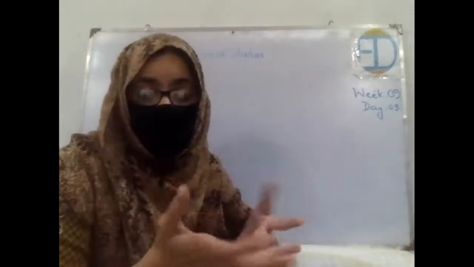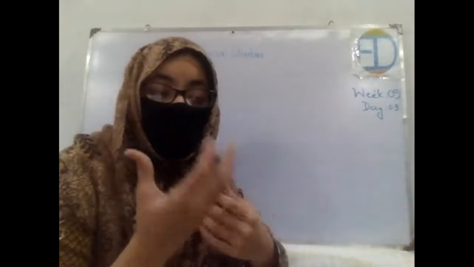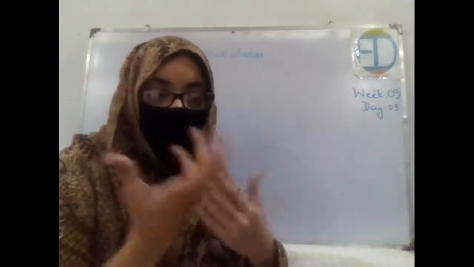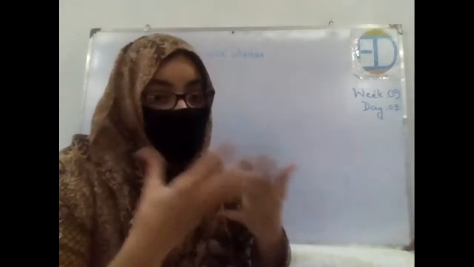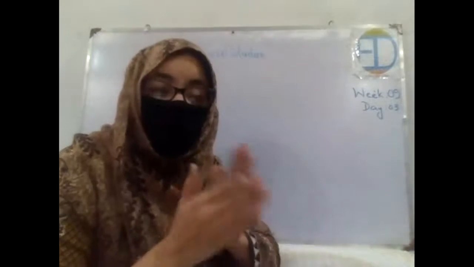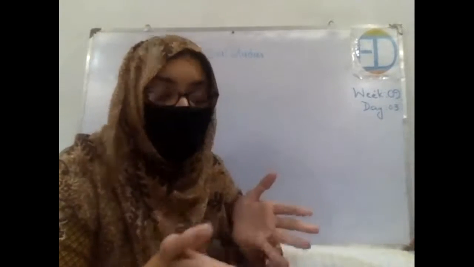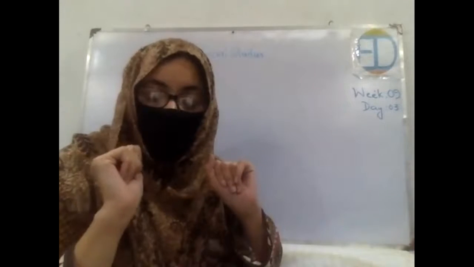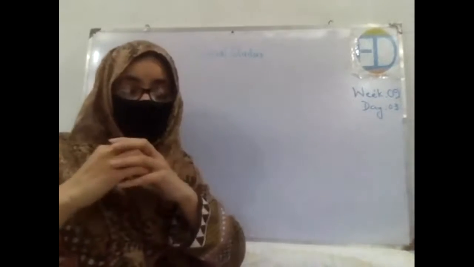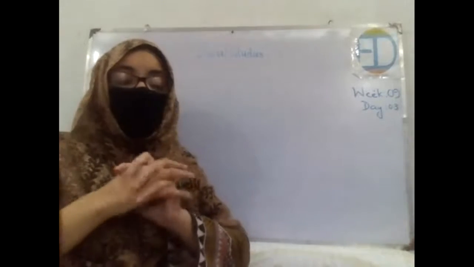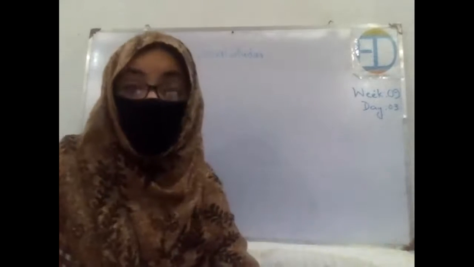If we get sick, we are supposed to visit a doctor. For that we need money. We need food 3 times a day, and for that we need money. We are supposed to make a home, a shelter for ourselves, and for that we need money. Similarly, we need warm clothes to cover ourselves in winter. For that we need money. We need light and thin clothes for summer. For that we also need money. So in order to fulfill all of these needs, we want to earn. And for earning, we do different types of jobs, right?